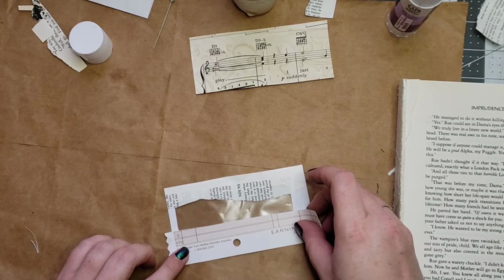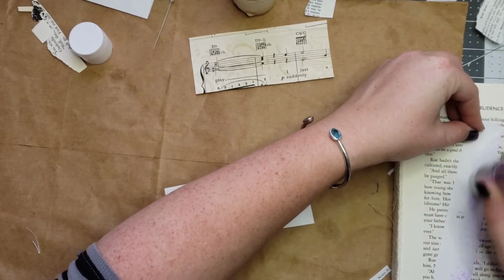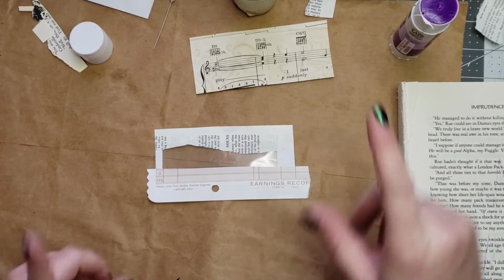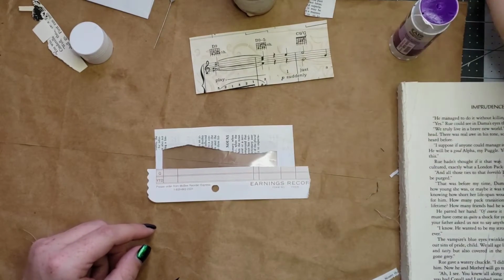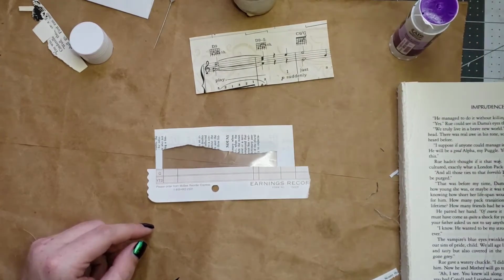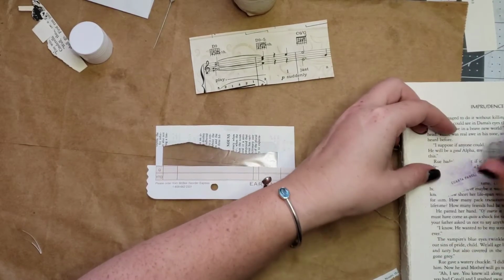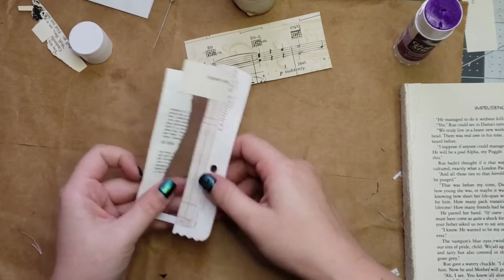Okay. Now, I just need to glue to about this spot, and there. And put it here, like that. And then grab another piece of something. Come here, somethings. Where are you? Oops. Can't jump out like that. I already used you. And you. Let's do this. I'll do like that. Oh. And then I'll trim it. And then